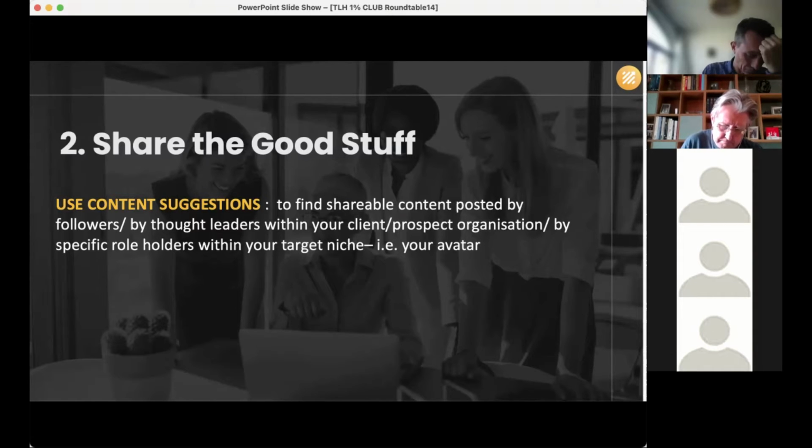So you start to create this little network of people that you are sharing information with, and you become known within that niche as someone who is aware of what's going on, is connected to the relevant people, and someone they can turn to for a point of view.